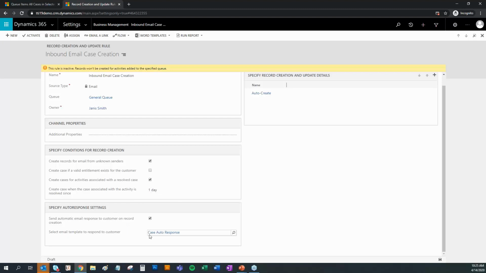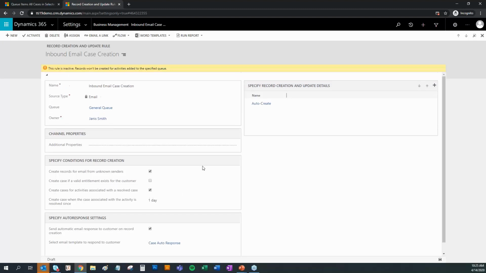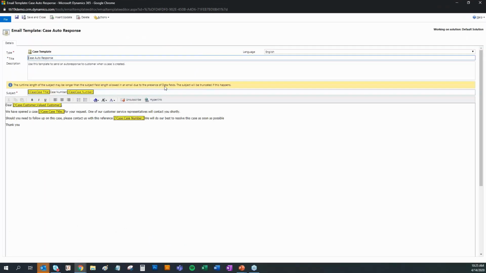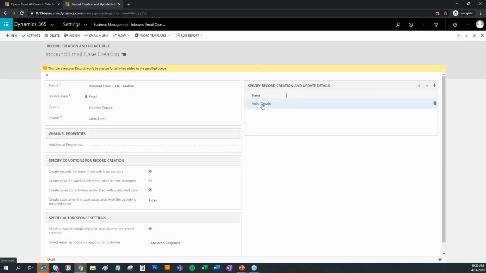And then here's also where we specify the email response, the email template that's going to be auto-sent when a case is automatically created using this case creation rule. Just taking a look at that really quick, here's the email template we would send out. So going into the rule item,